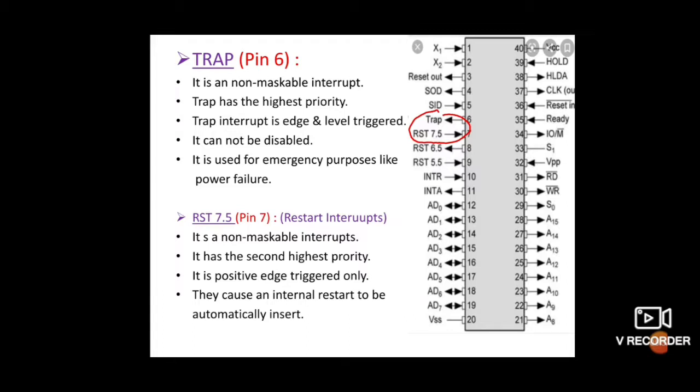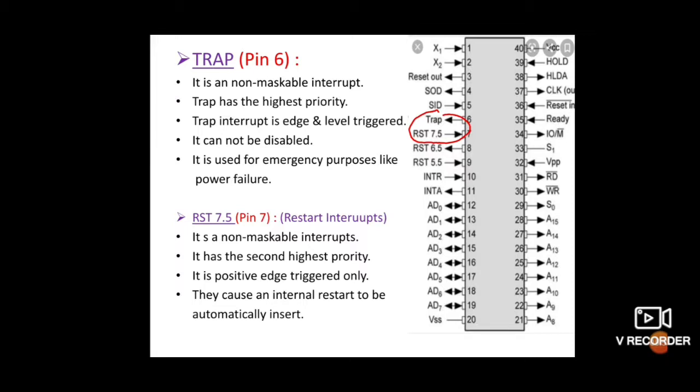You know what a flip-flop is? Last year we studied the RS flip-flop, D flip-flop, JK flip-flop. Remember? So, in this microprocessor pin, there is an internal flip-flop. It's triggered by the rising edge. Rising edge means positive edge trigger, that is 0 to 1.